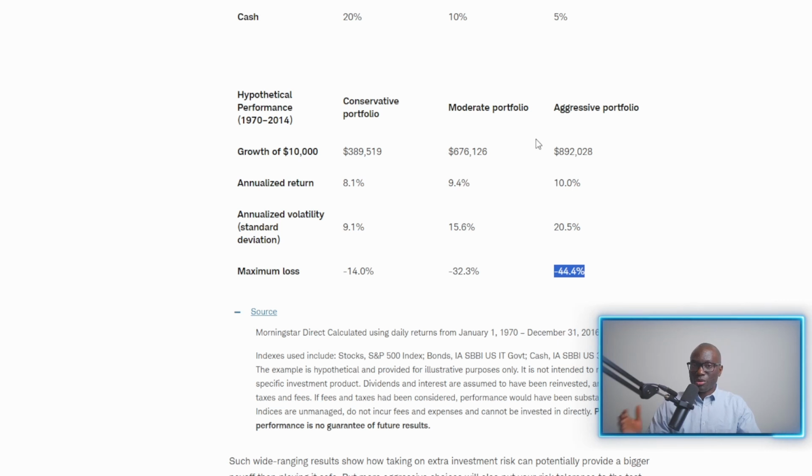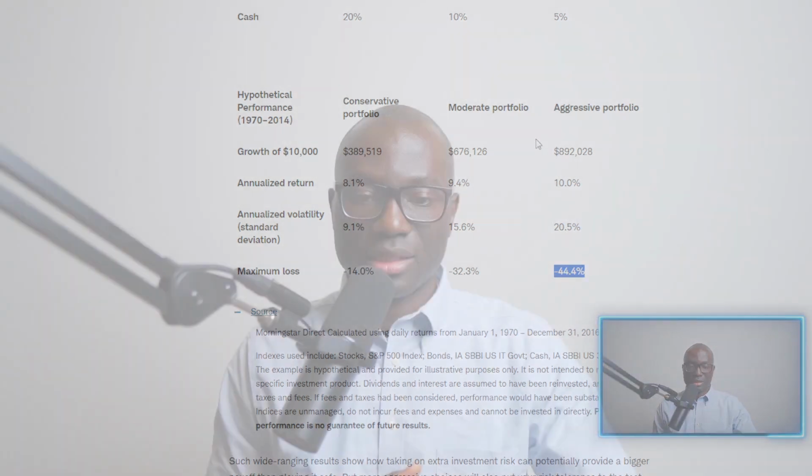Now, let's talk about risk capacity. The aspect of risk capacity is to think about it in terms of how much loss you can withstand and how long you can go in this process. A good example is, let's assume that you invested $10,000, and you're thinking to yourself, this $10,000,